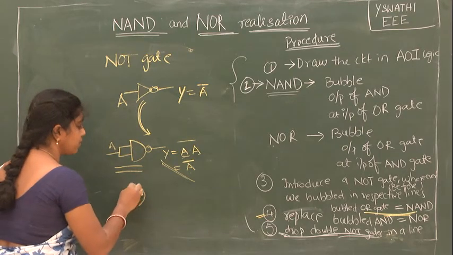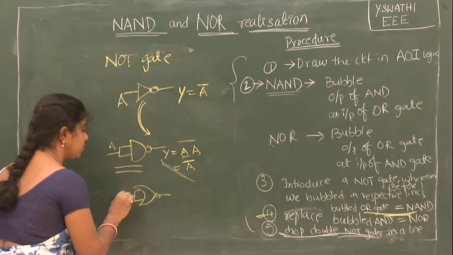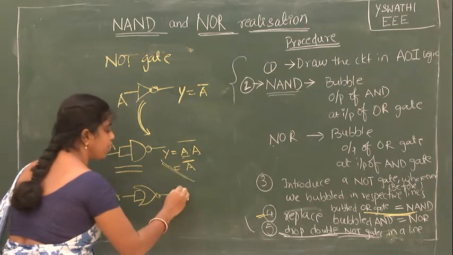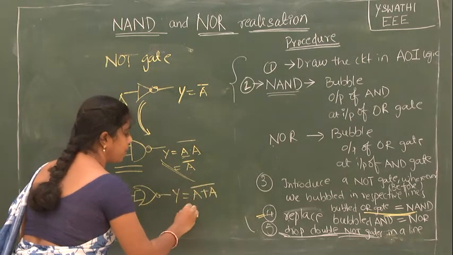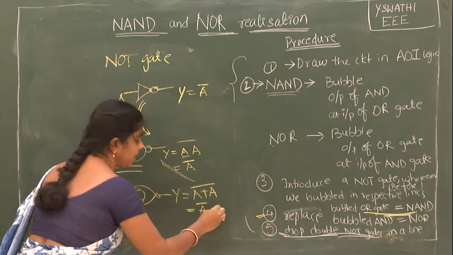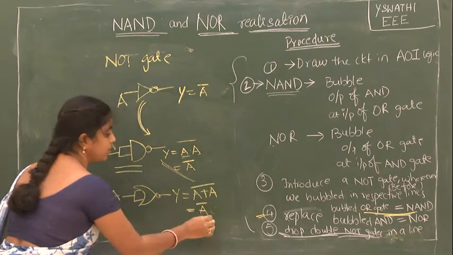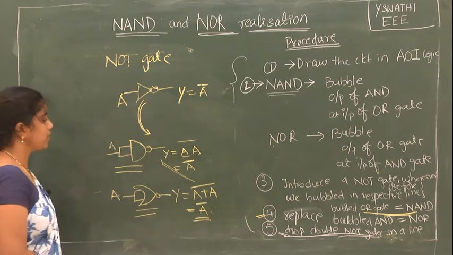In the same way, for a NOR gate, if we give both inputs as A, then what is the output? Y is (A plus A) whole bar, right? From our law, A plus A is nothing but A. So A bar is our inverter output. So this acts as an inverter.